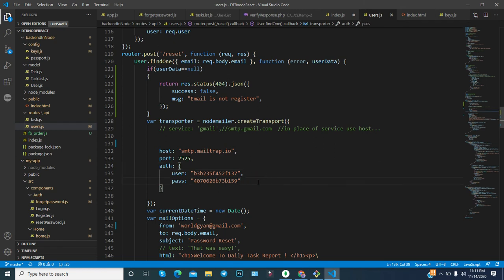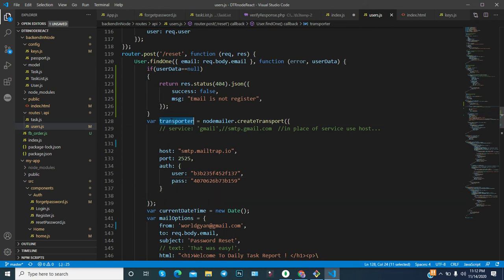If you are using Gmail, then it is a little bit tough. In your Gmail account you have to check one option, that is allow secure apps. If you allow secure apps, then the email will go, otherwise the email will not go. So you have to make some modifications in your Gmail settings. Otherwise, if you use any other SMTP credentials, then it will work absolutely fine. You just need to provide the host, the port, and the username and password.